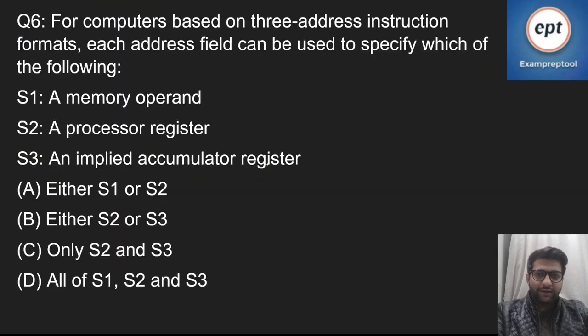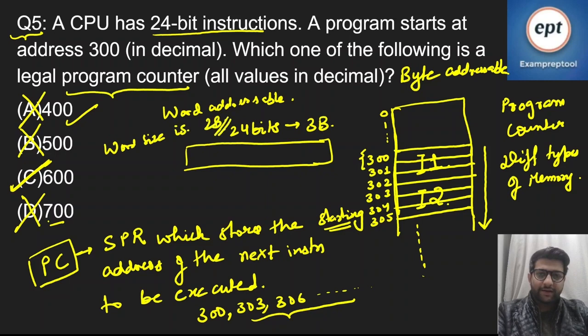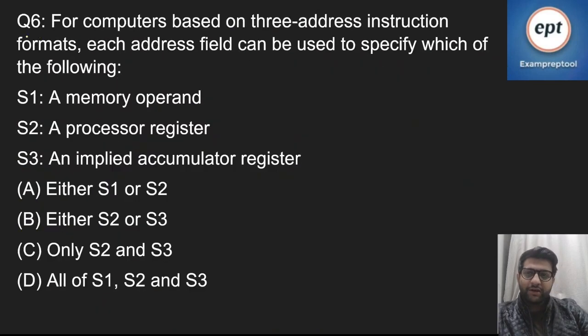So let's assume that it is given that the memory is a word addressable memory and the word size is, let's say, 2 bytes, right? Then try to calculate the value of the legal program counter value, right? So this is the homework question. Try to see if you are able to solve this question, right? You will be able to see if you are clear with the concept of word addressable memories. So let's move on to question number 6,